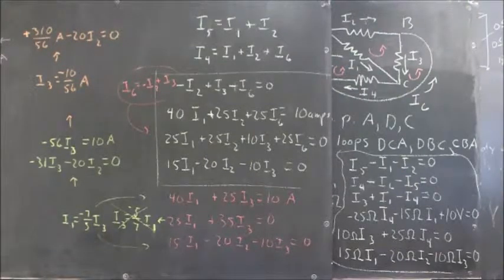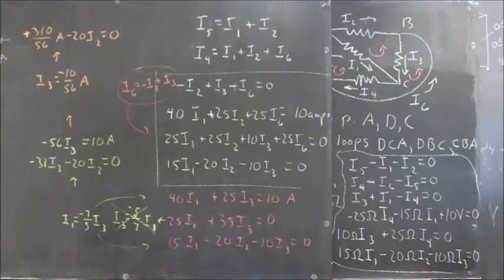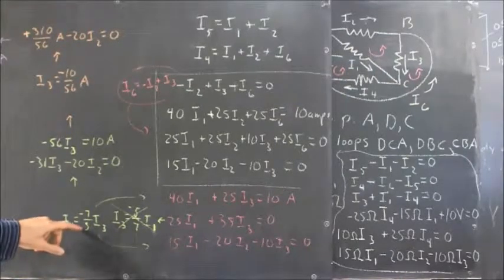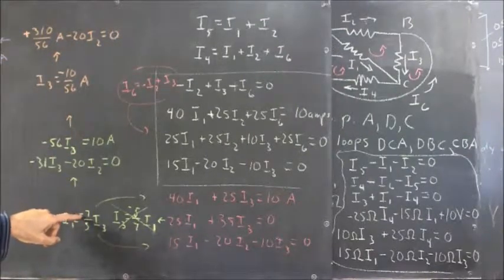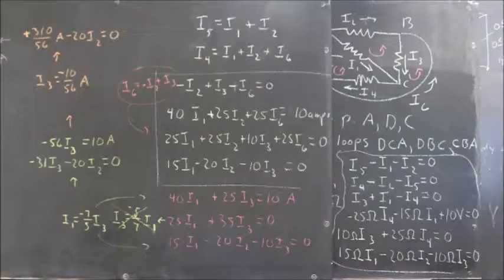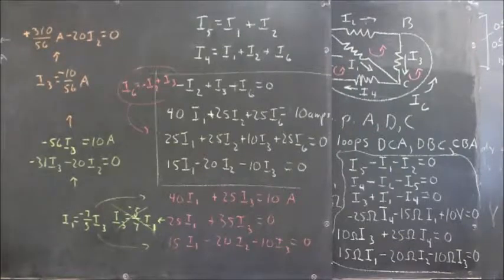I1 is just a simple multiple of I3, and here I've got I3, so I just multiply that by negative 7/5. The 5 in the denominator divides the 10 to give us a negative 2 times negative 7, which is going to give us plus 14, and leaving the denominator unaffected, 14 over 56, which turns out to be a nice number, 1/4 of an amp. Now that we've got I1 and I3